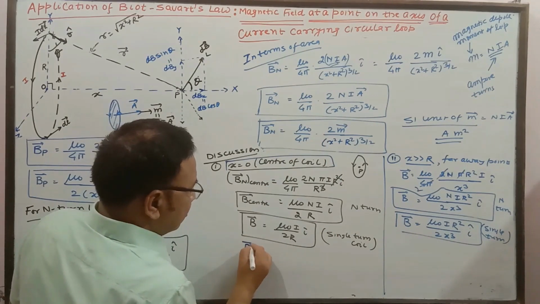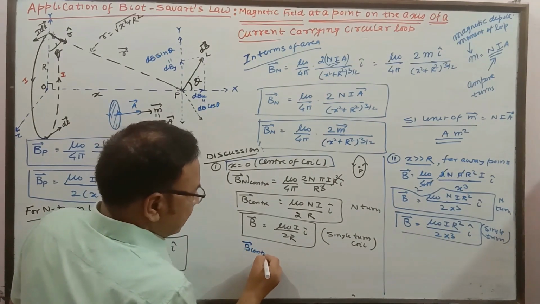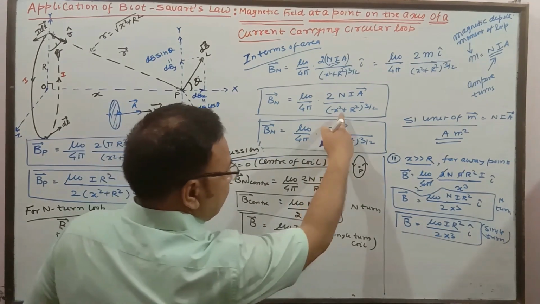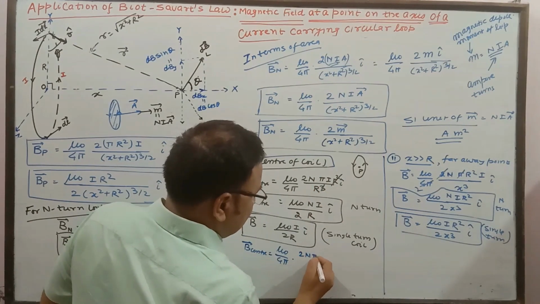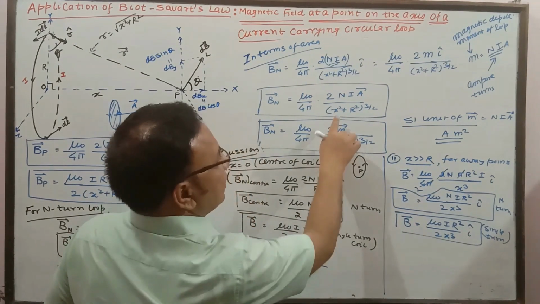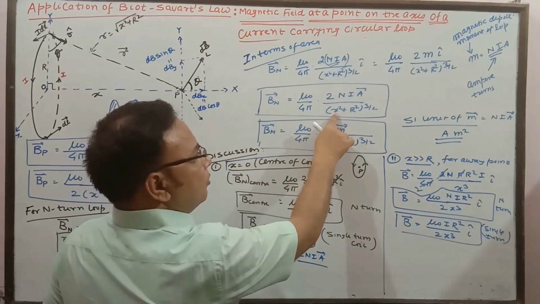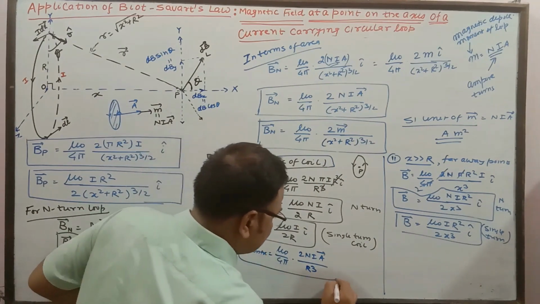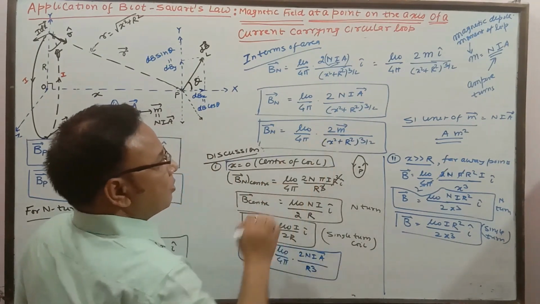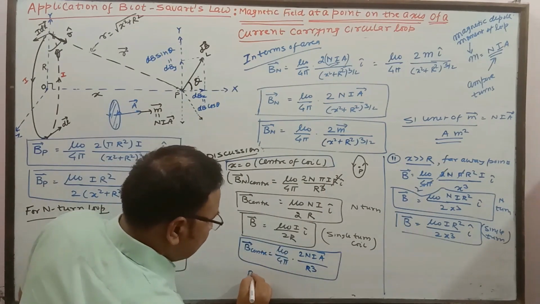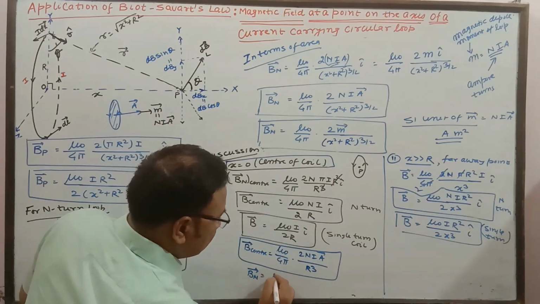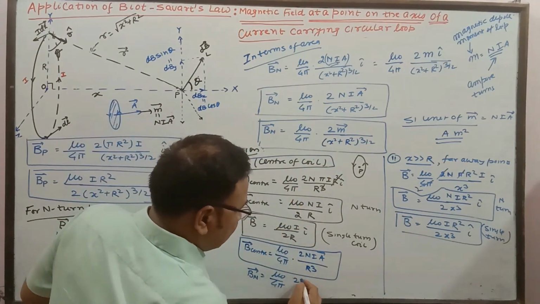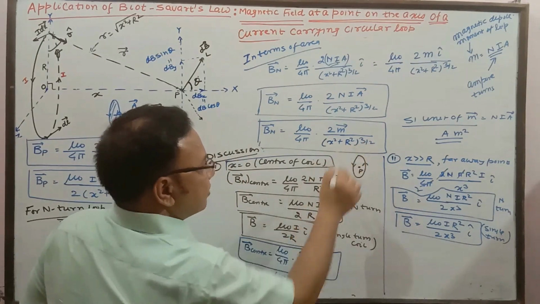In the first case, we are going to get the magnetic field of the coil at the center. This is mu naught by 4 pi into 2NIA vector divided by, here x equal to 0. If you put x equal to 0, this simply gives you r cube. So this is the first expression. Now the second, in terms of m, here also the same thing: B is equal to mu naught upon 4 pi into 2m vector divided by, x equal to 0, so this gives simply r cube.